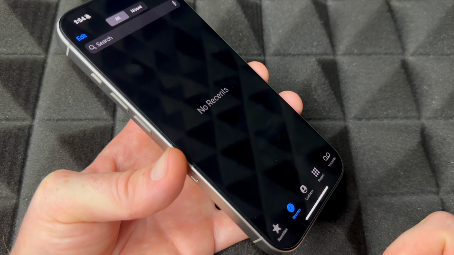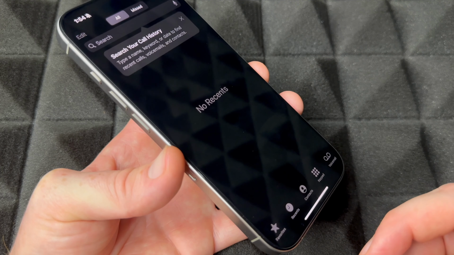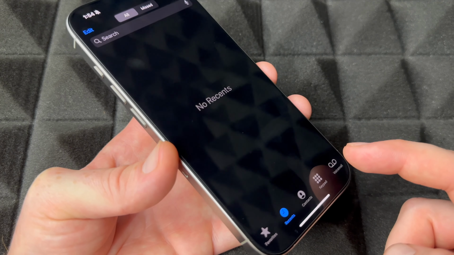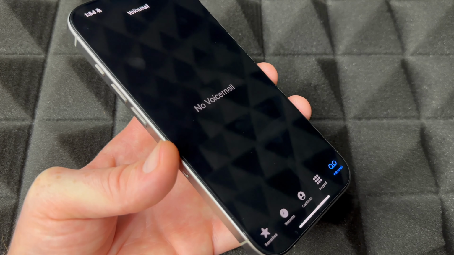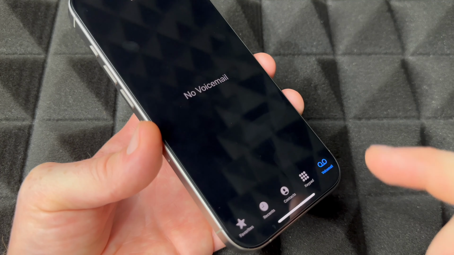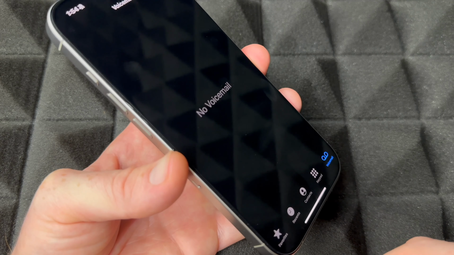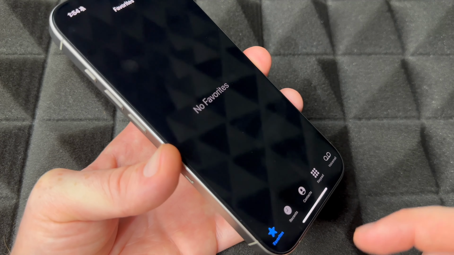You guys can take a look at your recent phone calls in here, your contacts, plus your voicemail will be the very last thing here where you guys can set up your voicemail if you haven't done so. And I have no voicemails right now, but that's how you guys can check any voicemails that you guys have, plus favorites as well. Anyways,